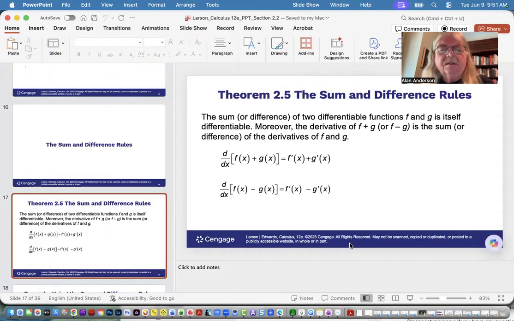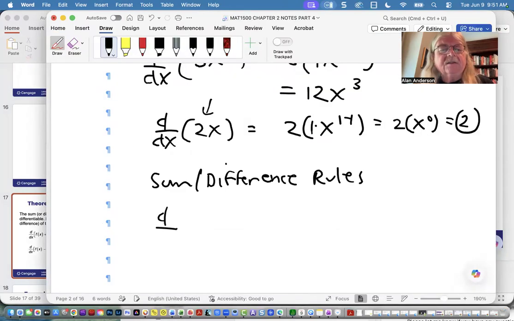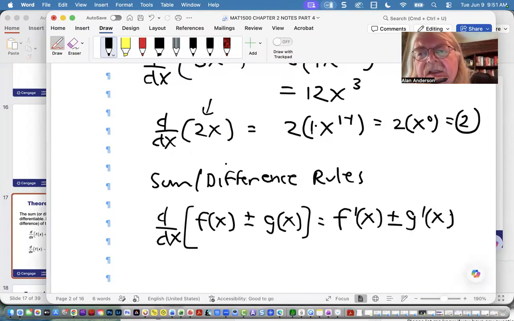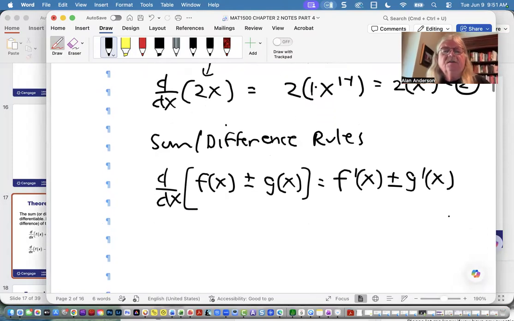Let's see. So what I'm saying is you can do this. The book does this sometimes. This time, I guess they chose not to. So you're basically just taking the derivative of each function separately and then either adding or subtracting them, as the case may be. So, like if you have,